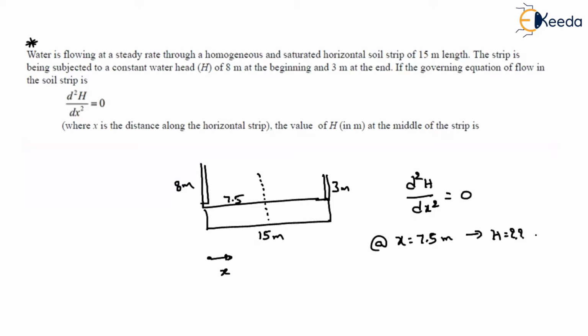Now, how can we proceed? Do we have to recall any formulas here? If you remember clearly, it is like a mathematical equation. A differential equation is given corresponding to the variation of the flow, and you obtain the solution for that equation. So d square h divided by dx square is equal to 0. Integrate one time, you will get dh by dx equal to c1. Again integrate another time, h will be equal to c1x plus c2.